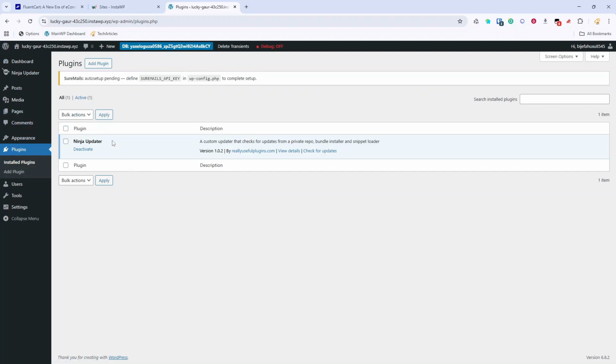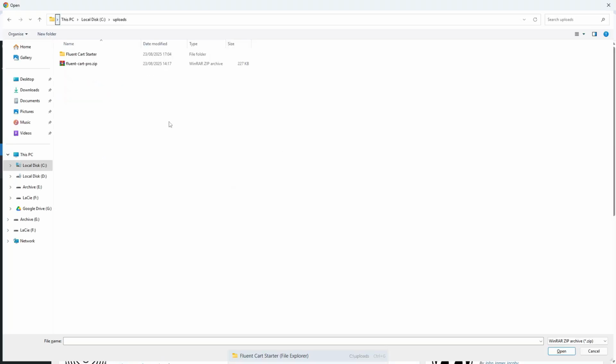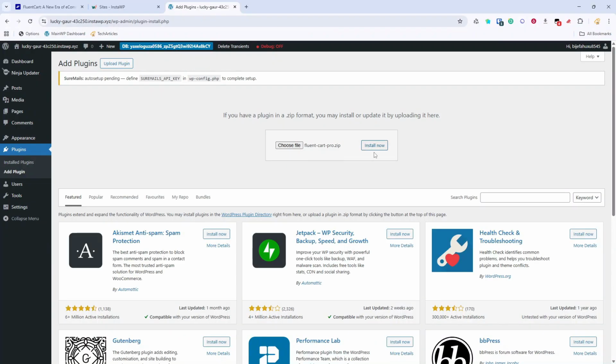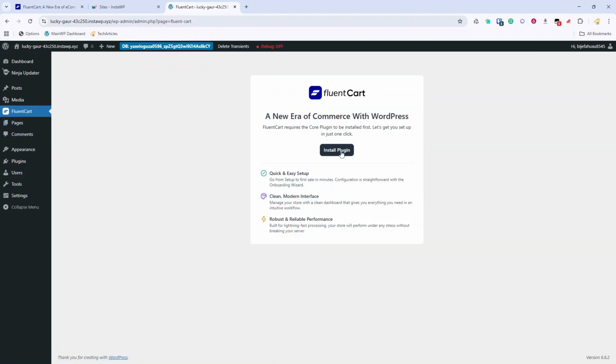So the next thing we're going to do is install FluentCart Pro, and we do that the normal way. I've got that down here, like so. And we're going to activate that, and we've got it activated already. So we've got our FluentCart. It'll now prompt us to install the main plugin,